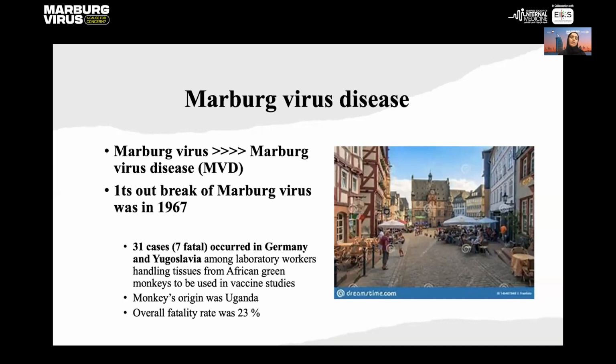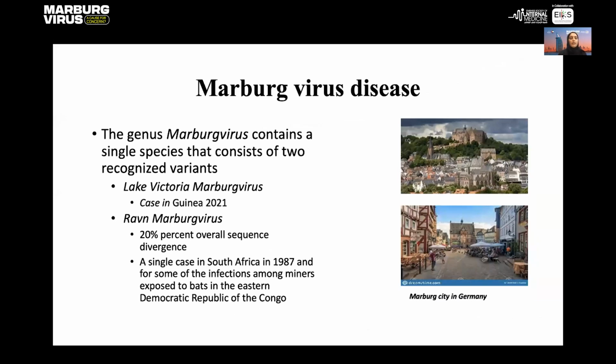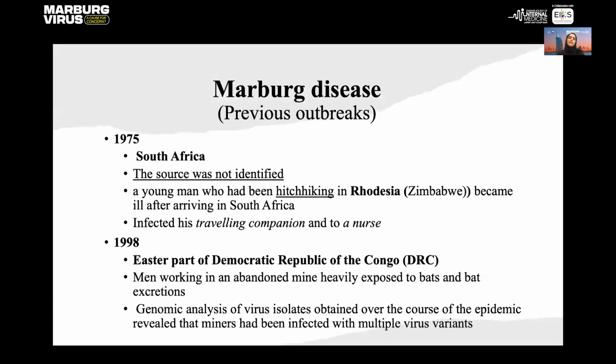But further studies did not show where exactly in Uganda and which district, but we know that it originated from this country. And then, of course, as I covered earlier, further studies have been done to look into the different lineages. And we know that there are two distinct lineages, which are the Lake Victoria Marburg virus and the Ravn Marburg virus. And the Ravn Marburg virus was identified further in the 1980s as a cause of epidemic in the Republic of Congo. In 1975,